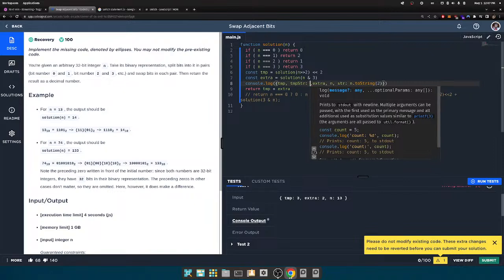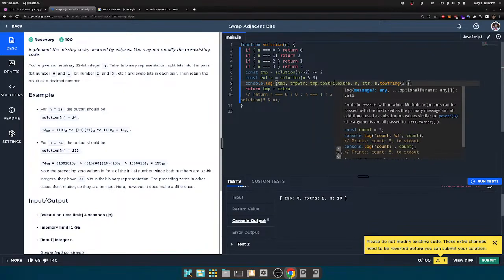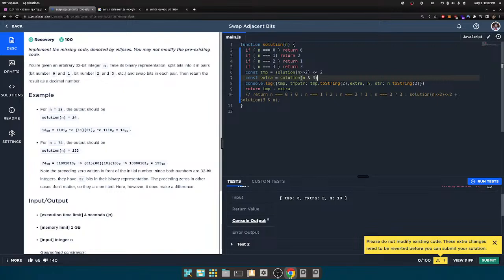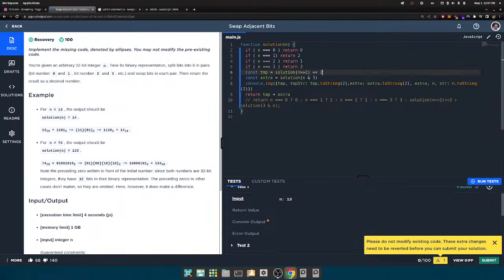And then let's also check what is this one. For this one, we don't need it because, oh well, might as well do it, right? So we get, okay, it works, yeah. Not bad,